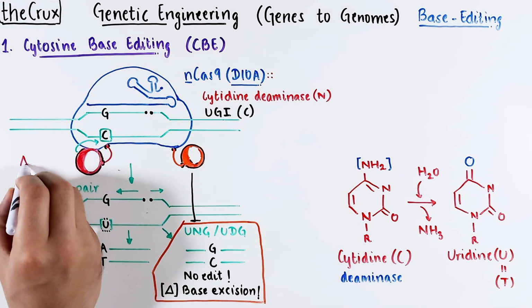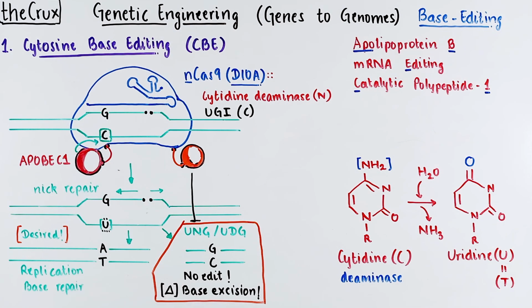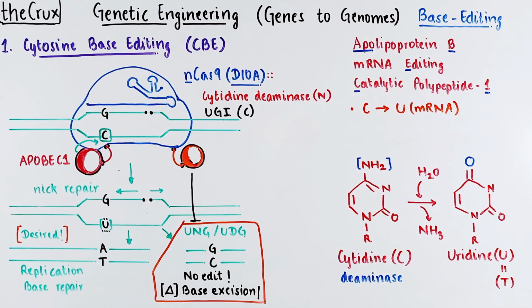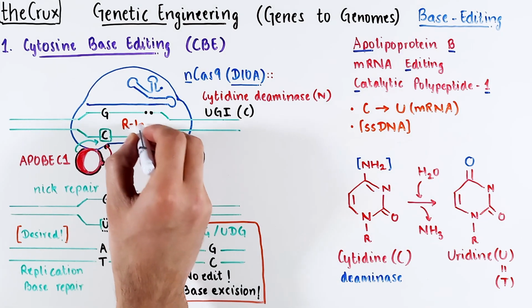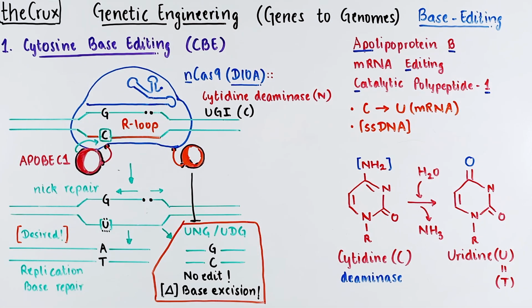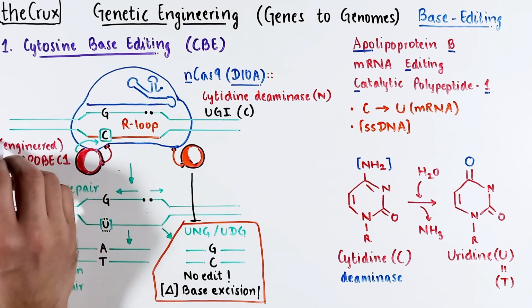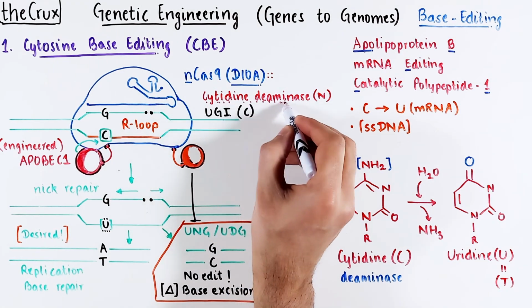The cytidine deaminase, by the way, is called APOBEC1. As you can see in the name, it is an RNA-specific enzyme. Fortunately, it also has a single-strand DNA-specific activity. And in this 3-way R-loop structure, you have this unpaired single-strand DNA. So this RNA-specific enzyme just works without any issues. Although most current versions of this enzyme are engineered for efficiency and DNA specificity, the principles of editing, however, remain